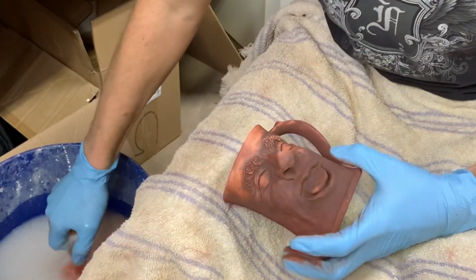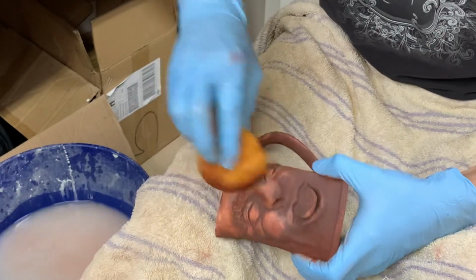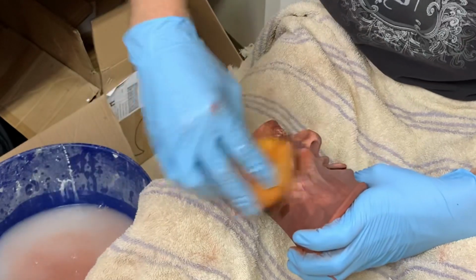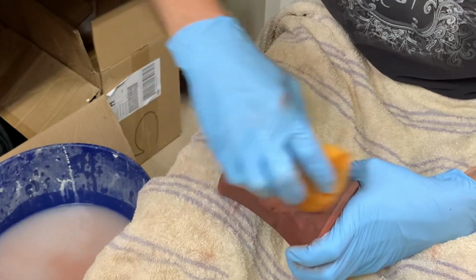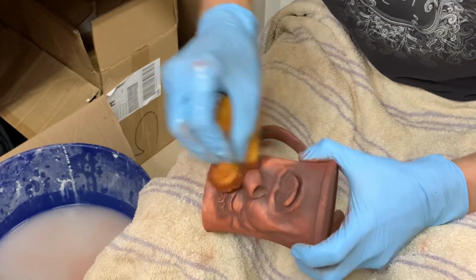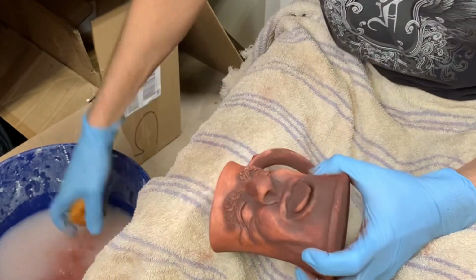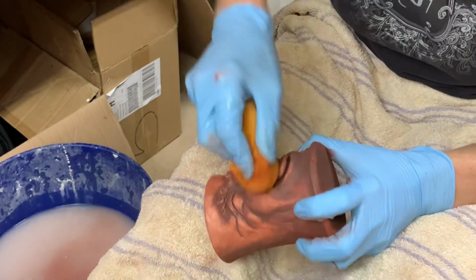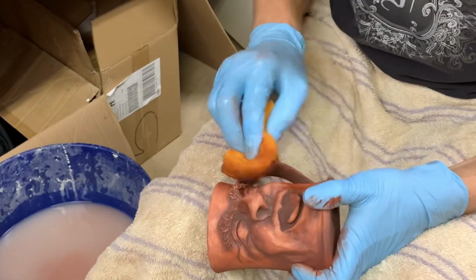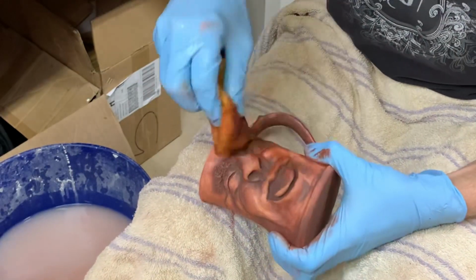You'll be able to see that you can choose how much you want to wipe away, and you don't want to put too much water on here because that water might drip down in those cracks and get rid of too much of that red iron oxide that you added. And so it just depends on how much of that kind of antique rusty look that you want, and also how much of the detail that you want to show. It's going to depend on each piece that you make